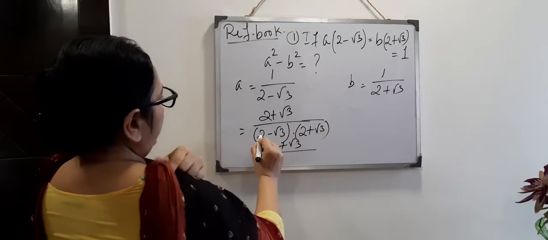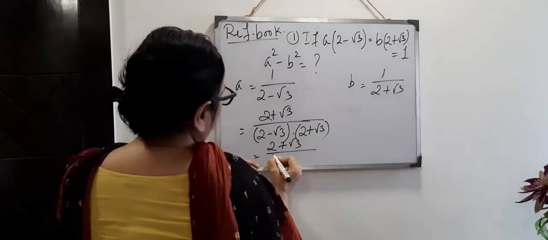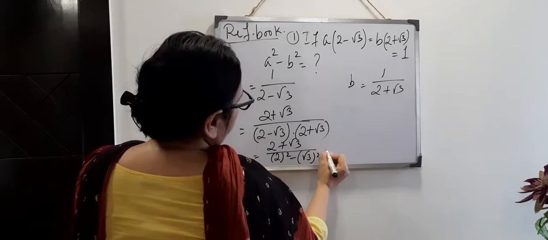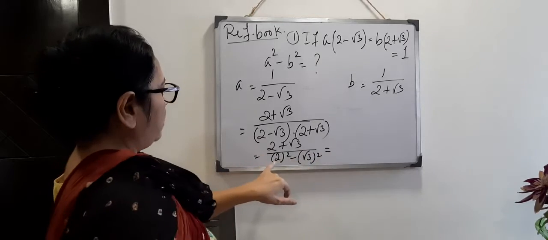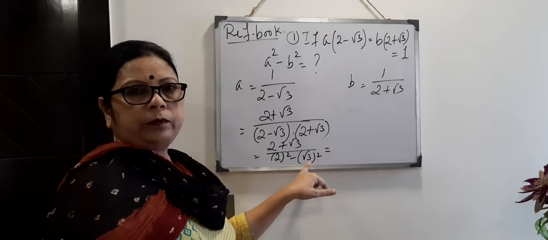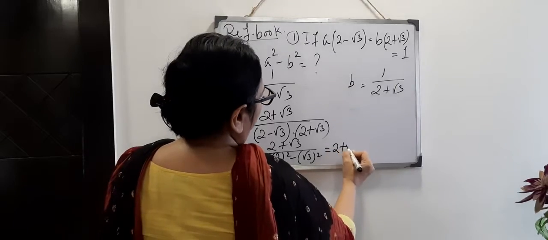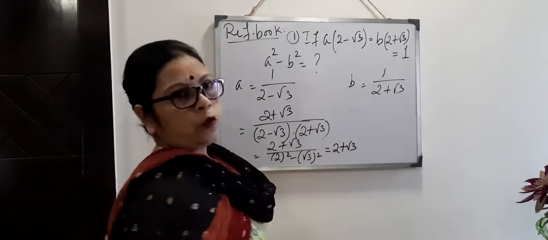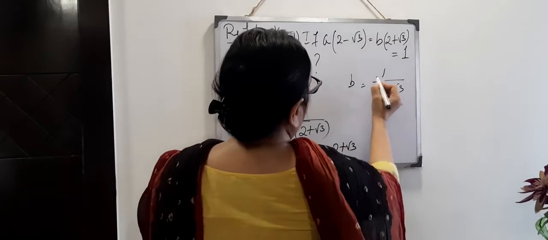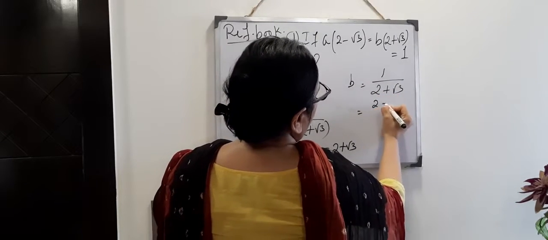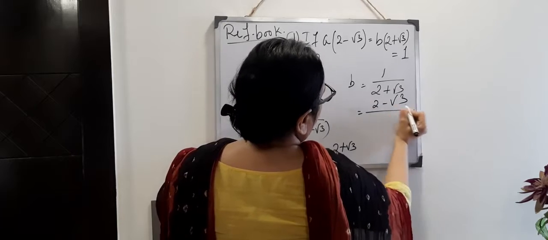Now it becomes A minus B into A plus B, which equals the formula A square minus B square. So 4 minus 3, the denominator comes to 1. Therefore A comes to 2 plus root over 3. Similarly here, B is in the form of A plus B, so we multiply with the